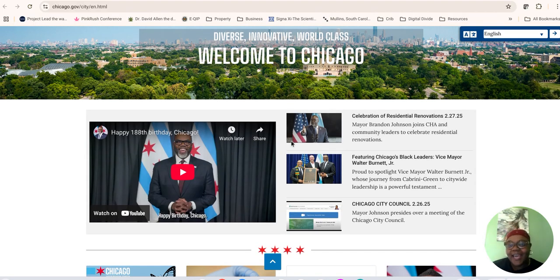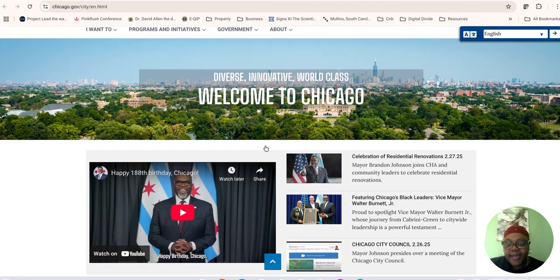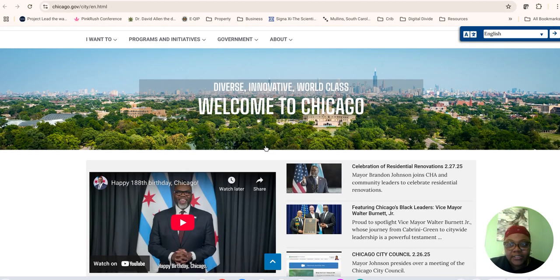So today I want to give a tour of the City of Chicago's website. The website is chicago.gov. This website has all kinds of pertinent information. Okay, so right at the top you can see there are about 4 major areas depending on what you want